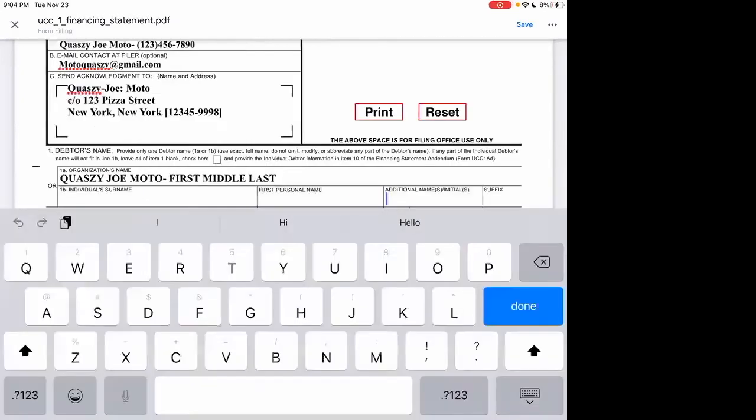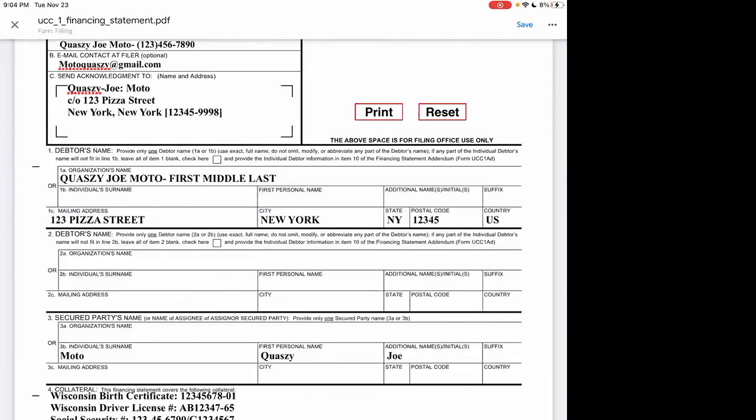The only reason I asked about that was because on some of these, like auto, when you finance a vehicle, your title shows them as having a lien on the title. Yeah, that's so I'm wondering if you would still use that title showing them as the lien, just to get it out of the jurisdiction, or if you would try to do some tricks to get a title without them showing the lien, or if you don't even have to do that. I'm confused as to what you're saying.